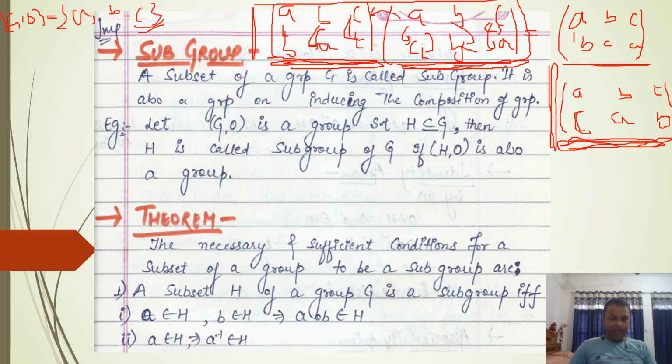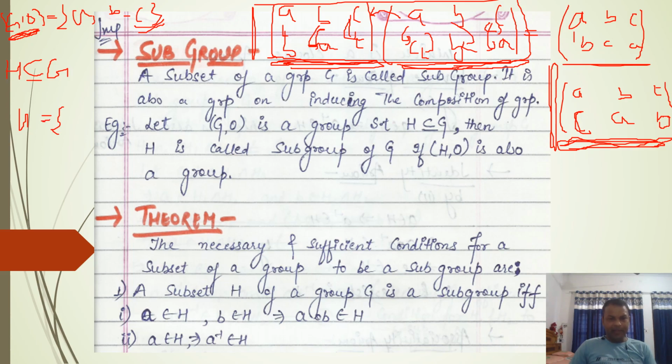If this G is a group, then it will satisfy four properties. First is closure, second is identity, third is inverse, and fourth is associativity. However, if it is a commutative group, then it will satisfy five properties, and the fifth property will be the commutative property. Now we are discussing subgroup. If I take a subset H from this G, which may be a proper or an improper subset, and this H has only one or two or three elements.